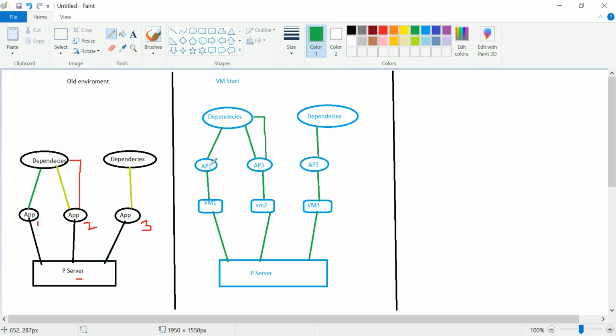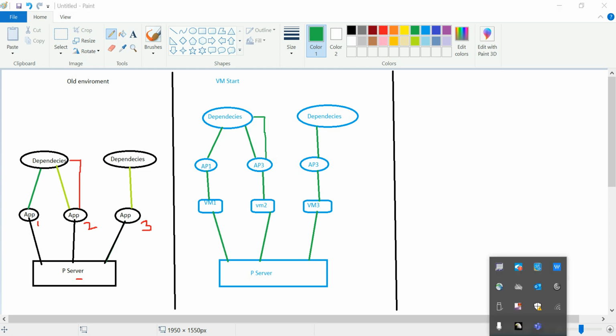That is the best part for any application. This evolution was quite good because it has given us the freedom to make changes on the applications without impacting any other applications. That's all for VM evolution.